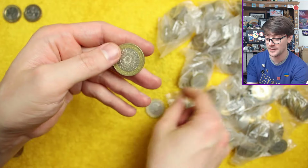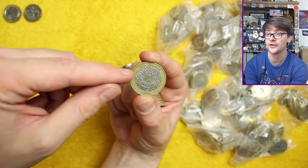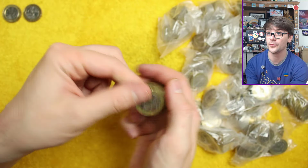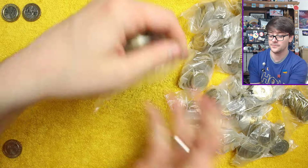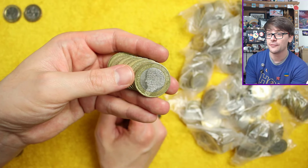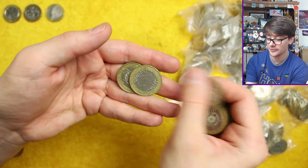And by rotation error I mean if you take the coin, date at the bottom, £2 at the top, or in the right orientation on a commemorative, rotate at 180 degrees, the Queen should be facing to the right, the King facing to the left, because obviously they flip the way that the monarch's facing. So it was an ever so slight rotation error, so slight that I don't think it would even add any value. Right, Charles Dickens there, that's another very common commemorative coin, but it adds a bit more variety to our